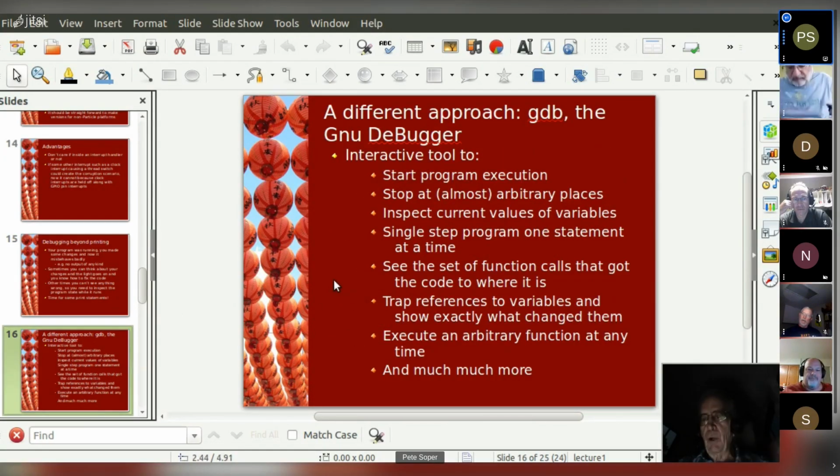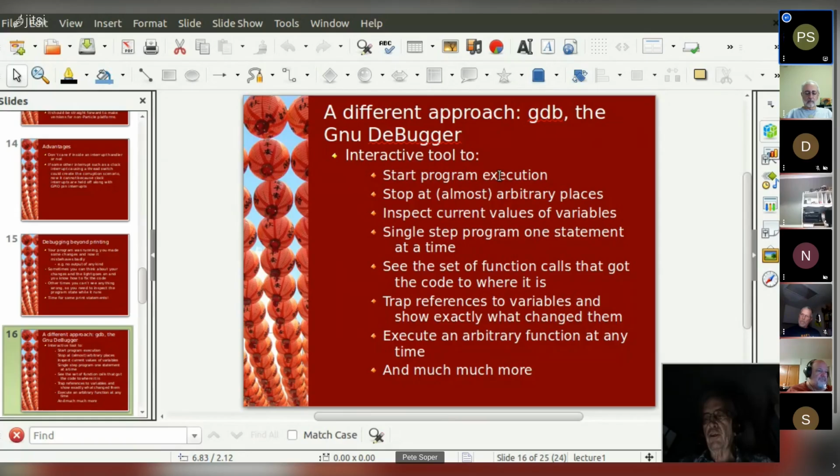But there's a different approach that's possible using a thing called a debugger that has capabilities that allow you to not just extract information, but actually monitor the flow of the program, and actually detect references and so on. So you can control the program execution.